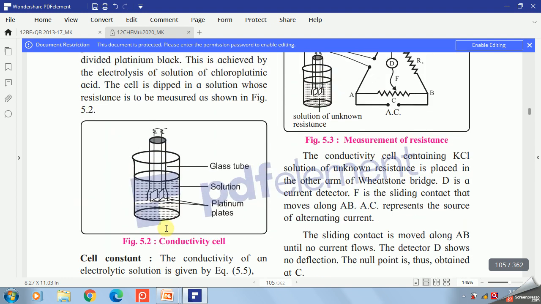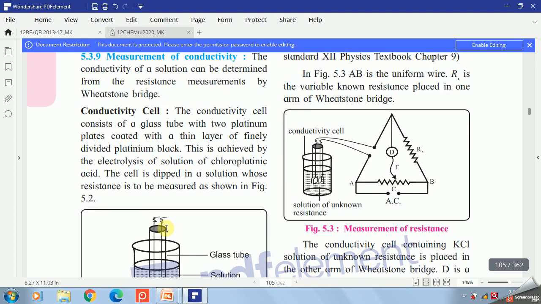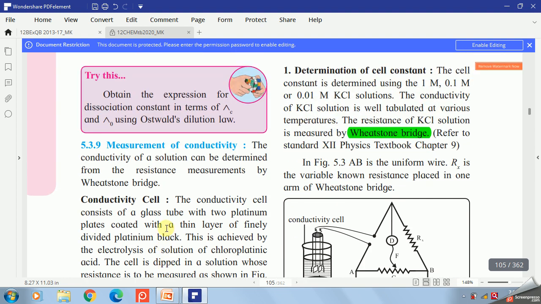By Wheatstone-Bridge principle. So, determination of cell constant first. Cell constant is determined by using 1 molar, 0.1 molar or 0.01 molar KCl solution. So the conductivity of KCl solution is well tabulated at various temperatures. The resistance of KCl solution is measured by